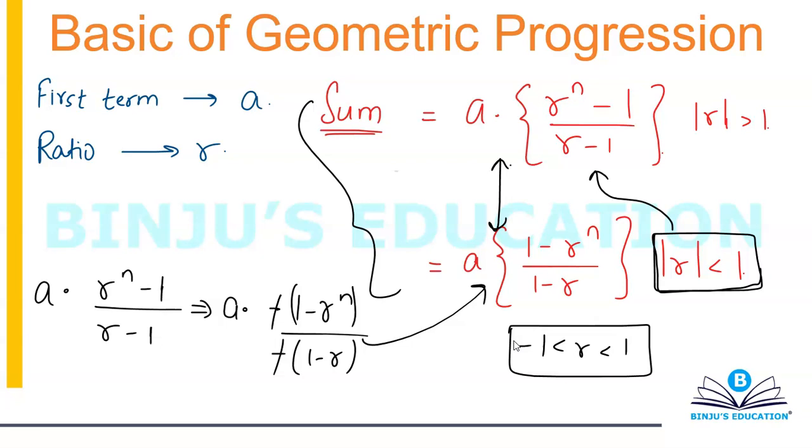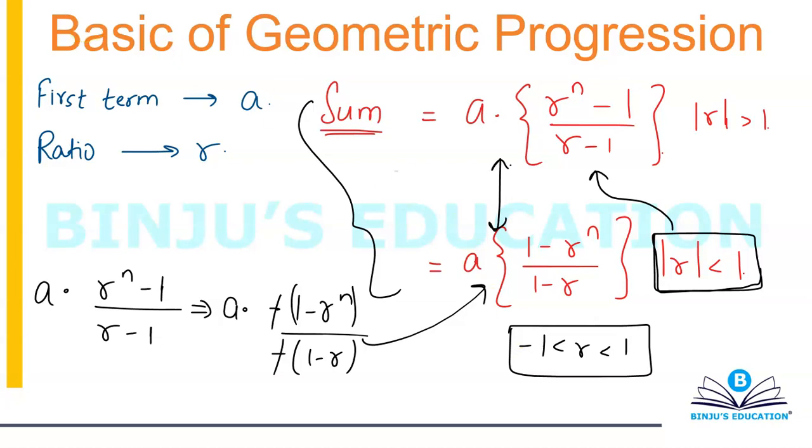So three things you need to remember. First, what is GP: whenever your terms have a common or constant ratio. Second, the general term of GP, which is A sub n, which is A into R to the power n minus 1. The bottom line is four variables in one equation, three of them will be given to you, and you will be required to calculate the fourth one. Next is the formula to calculate the sum, which is already given on your screen. These are the three basic things regarding geometric progression.